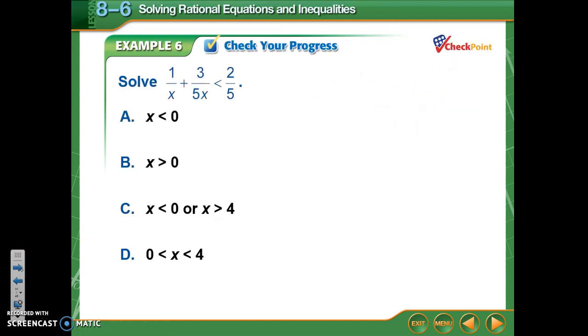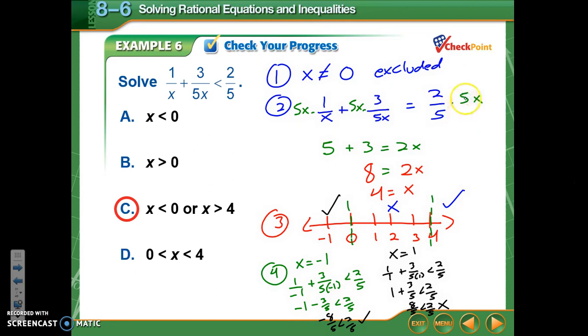All right, last one for this video, you try this one. Your answer here should have been C. And here is the work for that. Your excluded value is 0, and then your solution is 4. Divide your number line. I showed you 2 of the points I tested. I didn't show you one greater than 4, but this ends up being your solution, less than 0 or greater